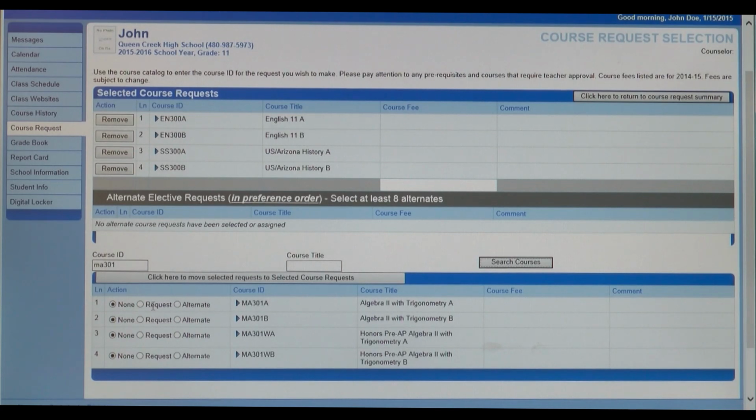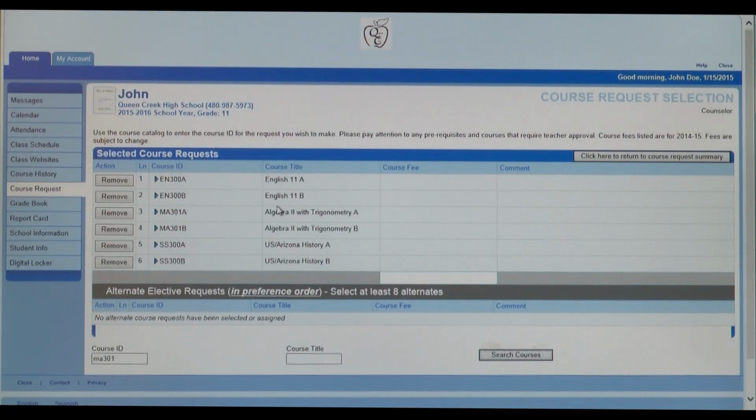You will see request and alternate buttons. You need to highlight request to pick that as your request. You then click the "click here to move selected requests to selected course requests" button. Now you see your Algebra 2 with trig course appear under your selected course requests. To continue,